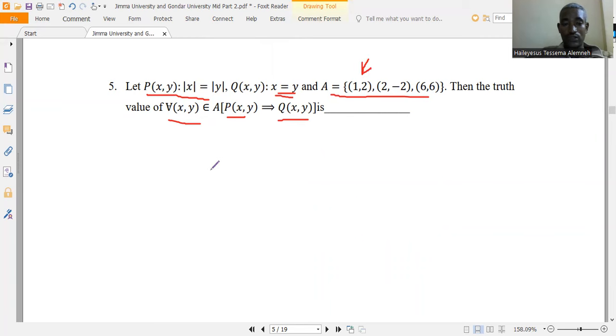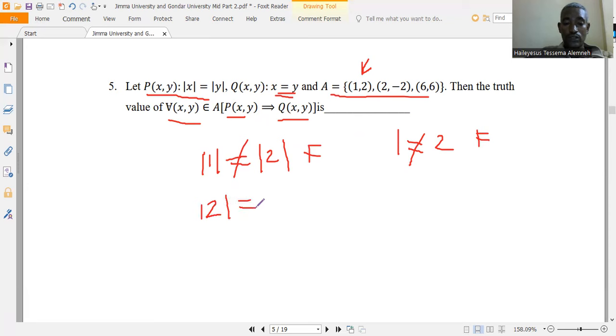የመጀመሪያውን እንወስዳለን። absolute value of 1 is equal to absolute value of 2 ይለናል። absolute value of 1 is equal to absolute value of 2 is false ነው። false implies that q of x y, x1 is equal to 2 ነው የሚለው which is also false ማለት ነው። ስለዚህ እዚህ ጋር ችግር የለበትም። ሁለተኛው ጋር absolute value of 2 is equal to absolute value of -2 ነው። clearly ይሄ true ነው ማለት ነው። ይሄ true ነው because 2 is equal to 2 which is true